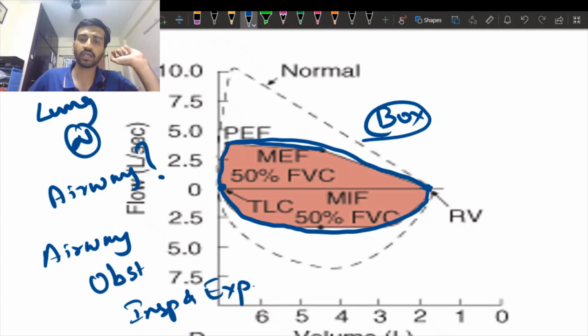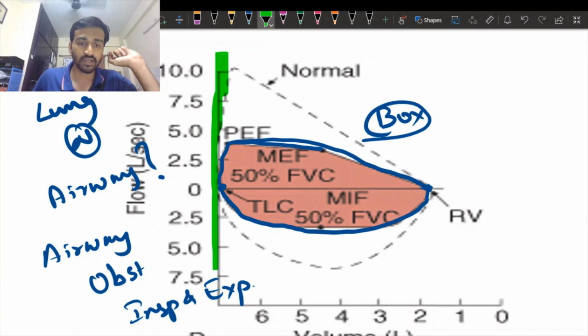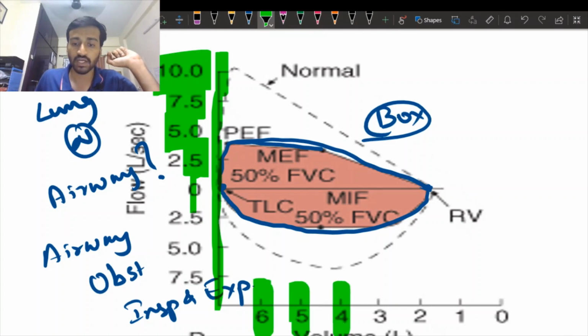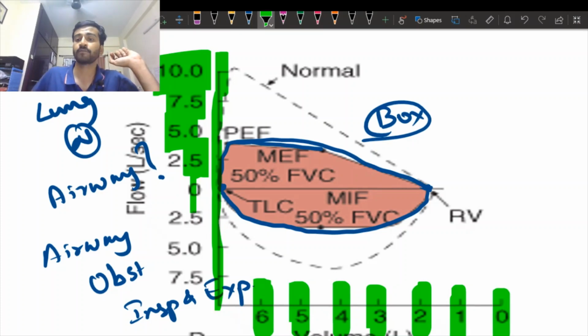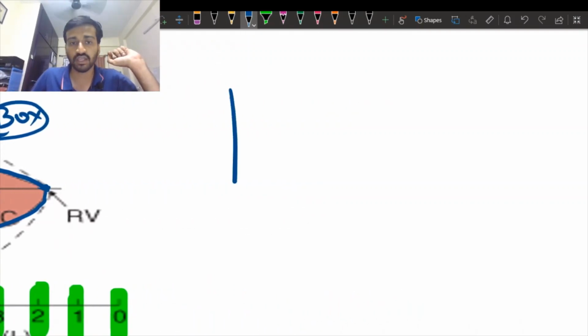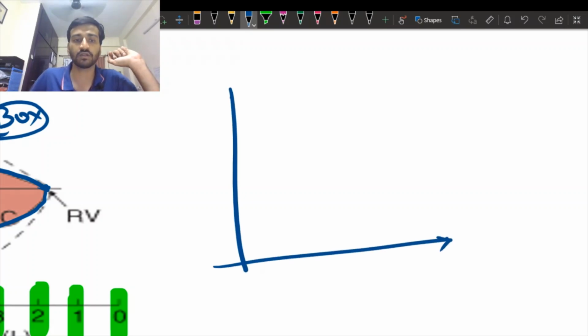Okay, the whole graph that gives you a clue is, see, the y-axis is fine as usual, right? The y-axis 0, 2.5, 5, 7.5, 10. But here on the x-axis you see the volumes decreasing from left to right, which is opposite to the conventional graph. Apart from this, if you want to differentiate between FEV1 and this graph,